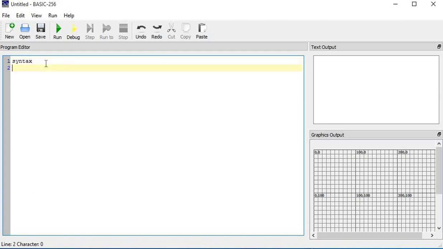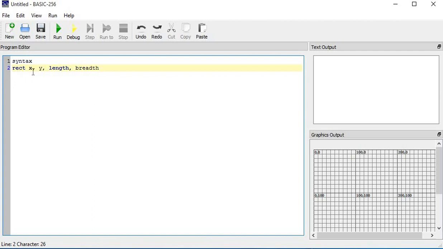You have to write RECT, that is rectangle, then the X coordinate, then the Y coordinate, then the length, and at the end the breadth of the rectangle.